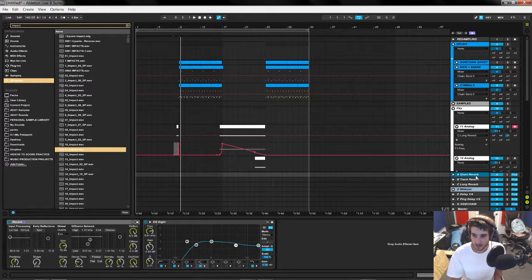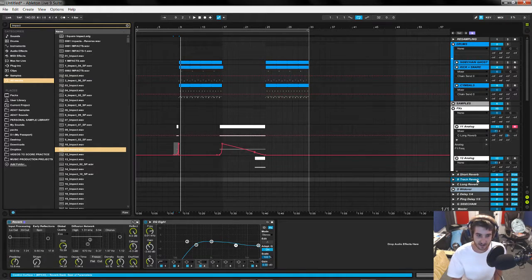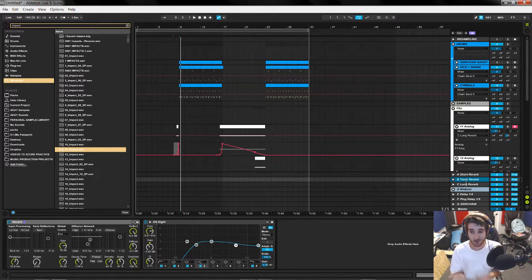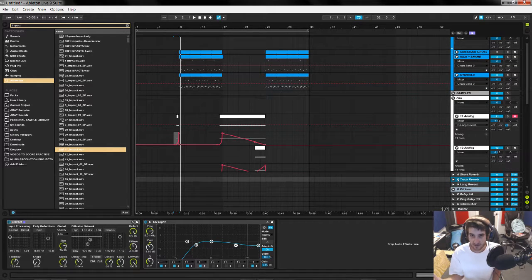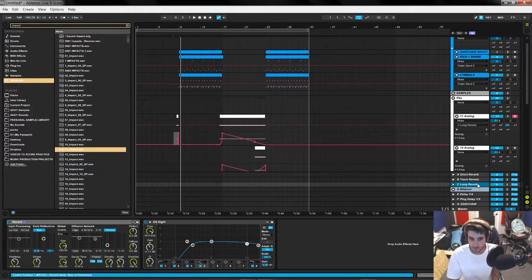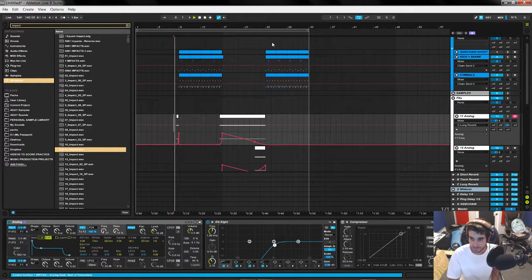Then I have the track one, which is a little longer, and I send almost every main element to it just to fill out the background. I'll turn it down so it just fills in the background of the song. And then the long reverb again is a long reverb. We got 5 seconds on it. It could go longer, but let's just hear it.